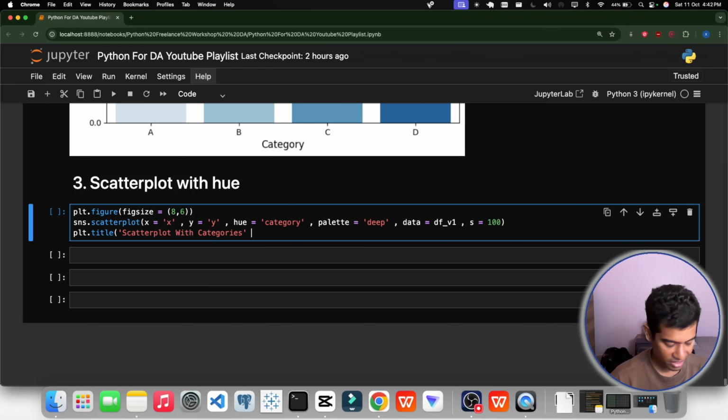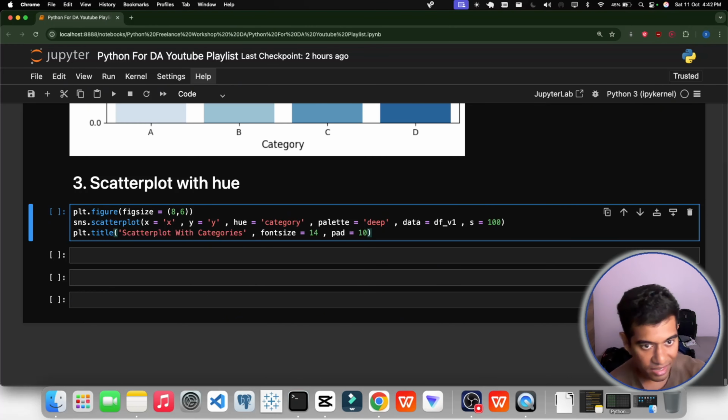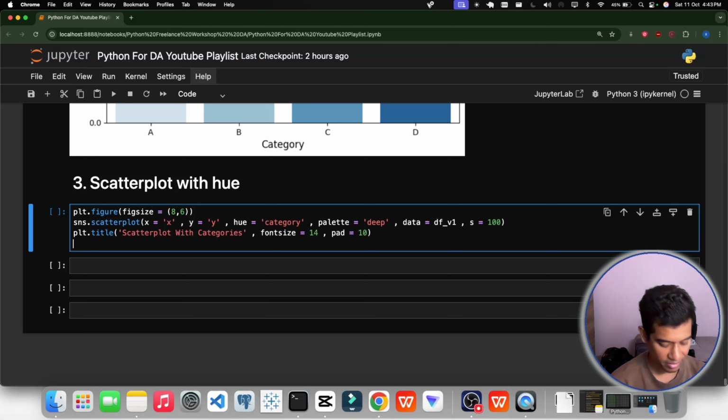And in this we will give fontsize equal to 14, and padding 10. What is padding all about? Padding is the space around the title when you write it. We need space on the top, bottom and sides, so padding is given for that purpose only.